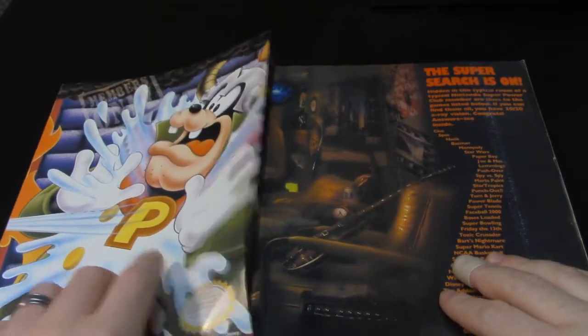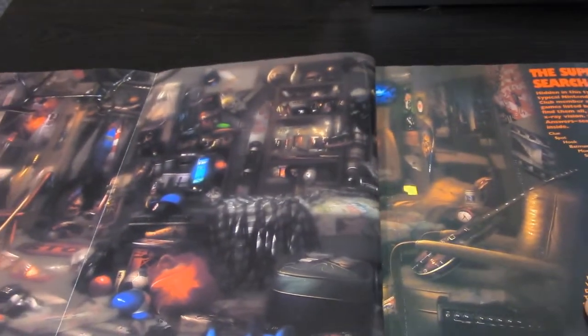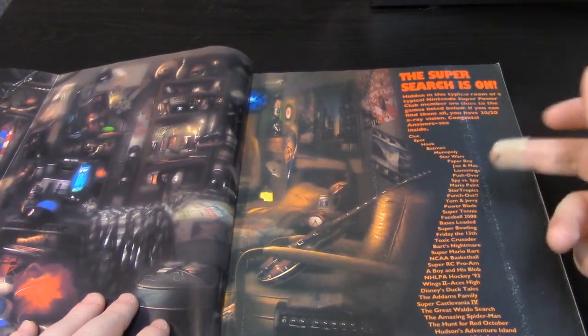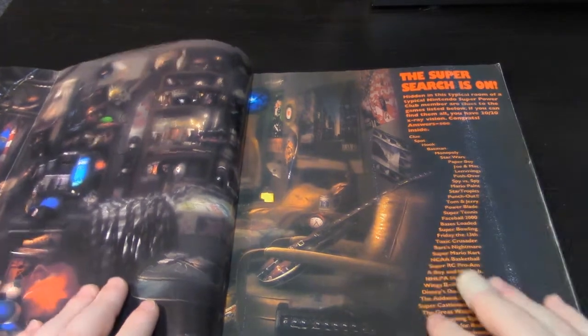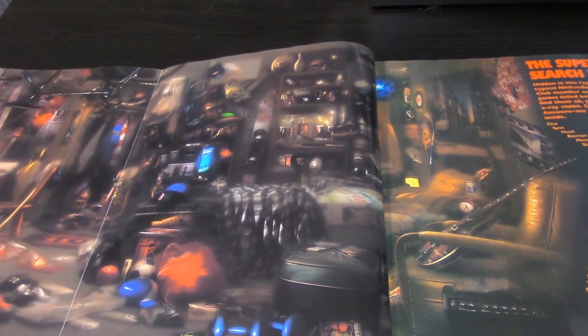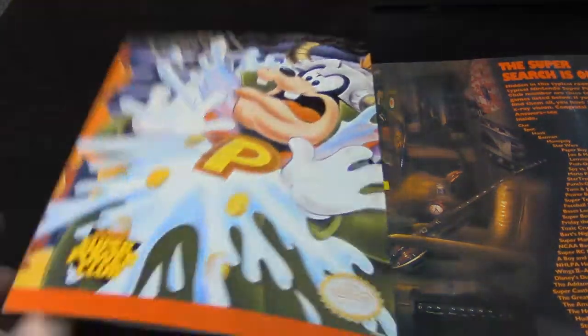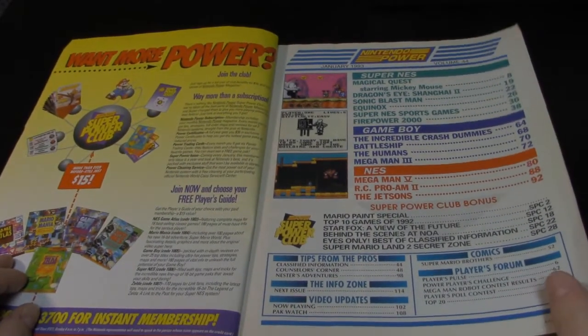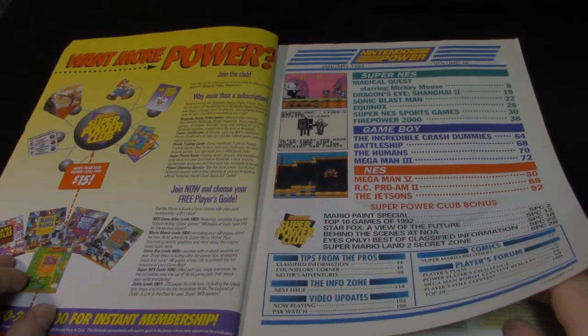And on the reverse side, there's a hidden picture game. It has all these different games from like Star Tropics and Punch Out and Bases Loaded, all kinds of stuff. And I guess there's clues, but find the clues in the picture. One of those games. Yeah, I'm just gonna kind of go through this issue because there's a lot of cool stuff in it. A lot of also kind of some stuff I'll probably skip over too because it's not so